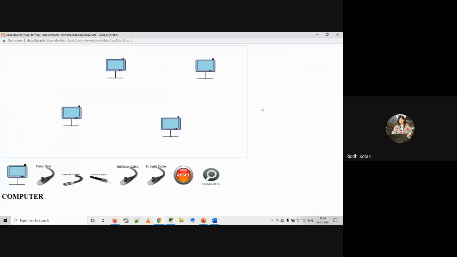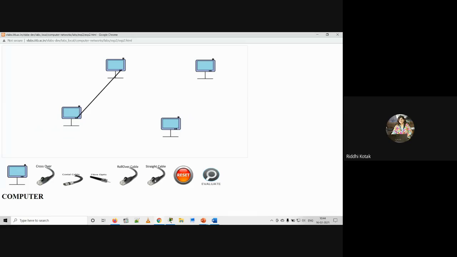Okay, now we have to select the cable. We can select any of the cables. We will select straight through cable. Right now we have learned. So you just click on the cable. At this end, you have to come to these two dots, and same way you have to come to these two dots. Then you are able to provide the connection.